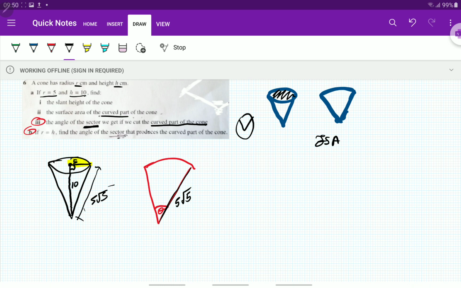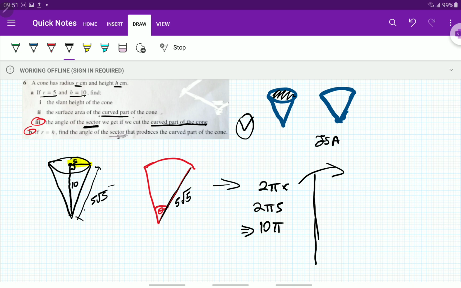let's find the circumference of this cone circle. So circumference, if you remember, is 2 pi r. If you put that 2 pi into r, which is 5, we get 10 pi. Not 110 pi, 10 pi. Okay, so that is 10 pi. Now, leave that to the side and